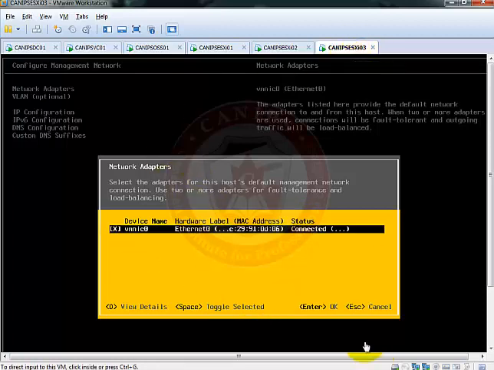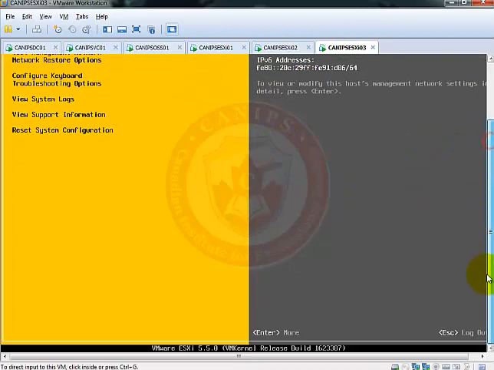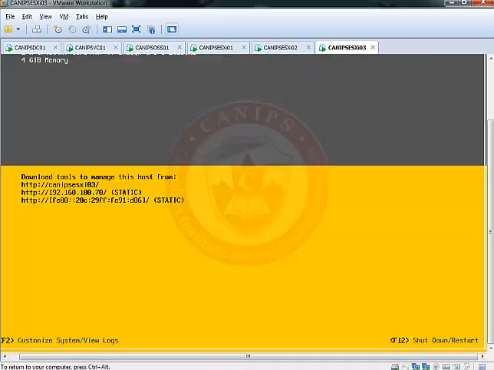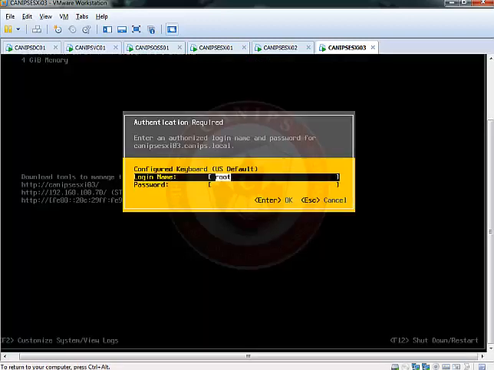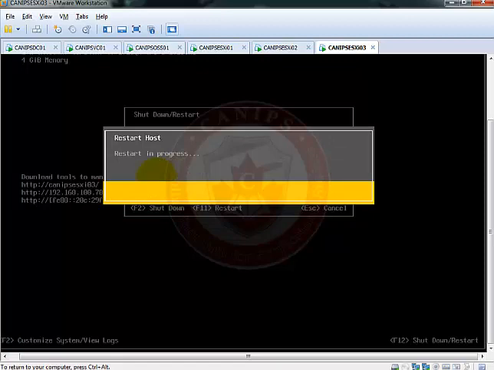So we'll cancel out from here, and in order to restart, it needs to be done by pressing F12. So I'm going to press F12, and it will again ask me for username and password, and restart by pressing F11. While it restarts, let me go back to